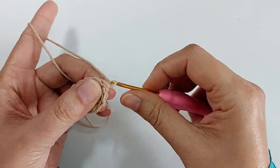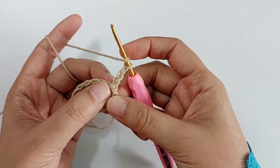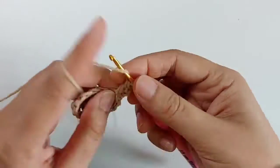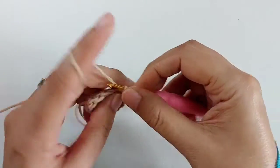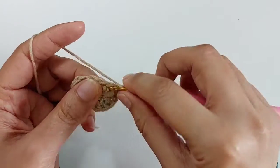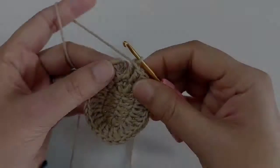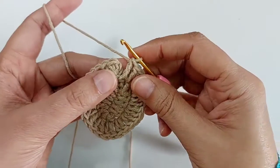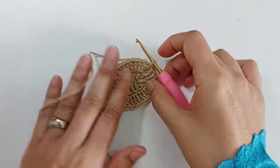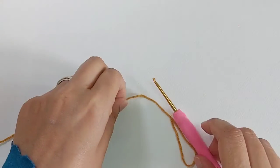Chain 3. Make 2 double crochet into first stitch. 1, 2. Make 2 double crochet in each stitch. Join with a slip stitch on top of the first double crochet and cut the yarn a bit longer to use it for sewing. For the ears, make a slip knot